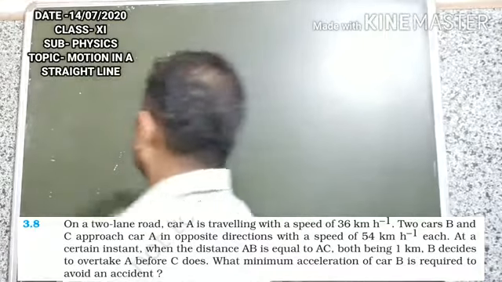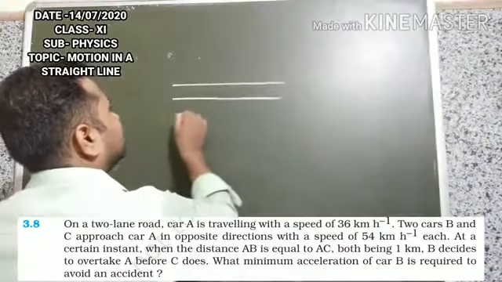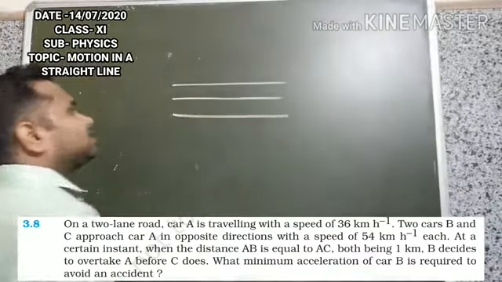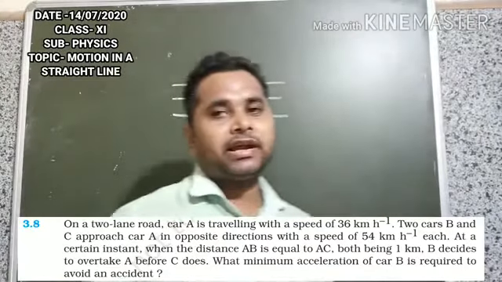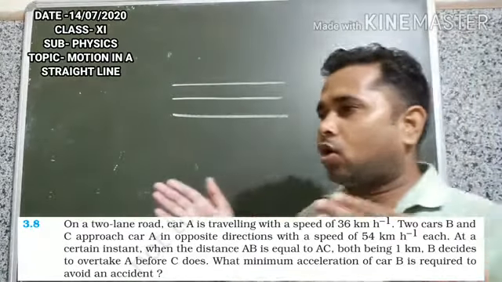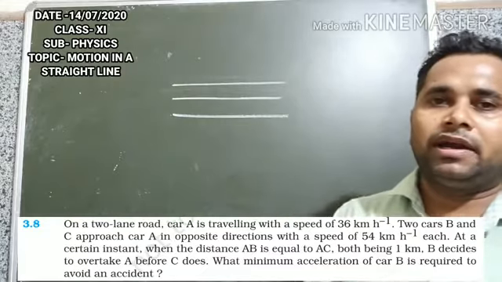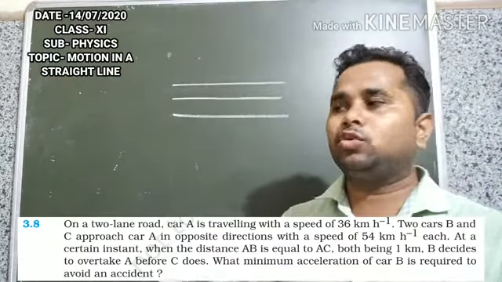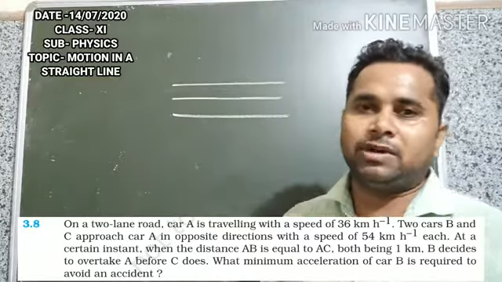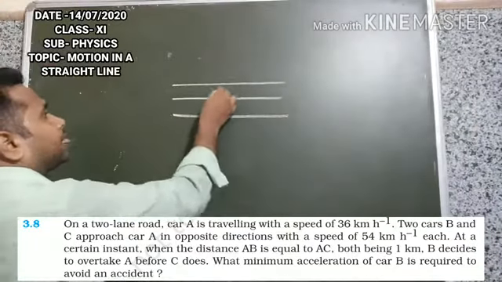In this question there is a two-lane road. Two-lane road means that only two cars can cross each other at a time. It has no chance for three cars to cross simultaneously. So in this question